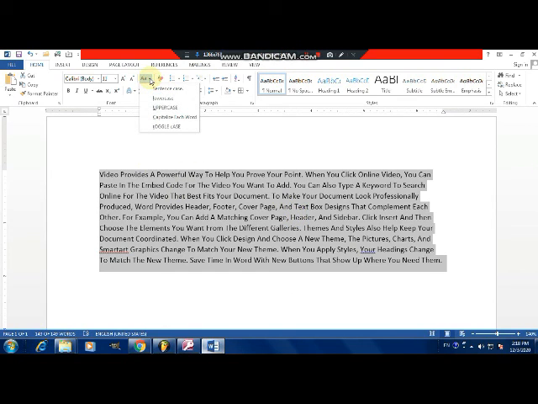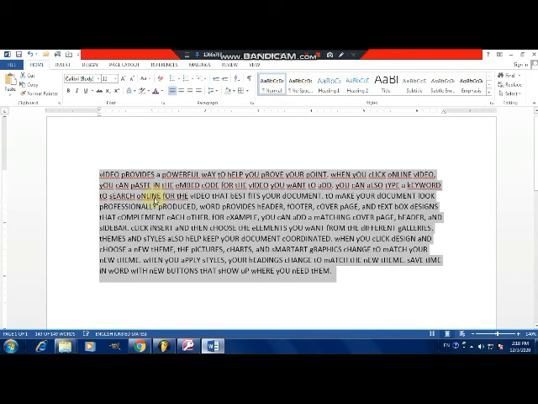And the next one is toggle case. What is the use of toggle case? It will turn uppercase to lowercase and lowercase to uppercase, meaning whatever uppercase characters are there will be turned to lowercase, and lowercase will be turned to uppercase. You can see here: V of video was capital, now it is small, and I, D, E, O was in small, and now it is in capital.